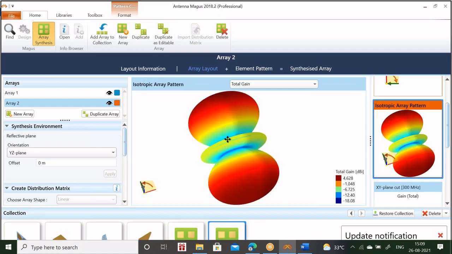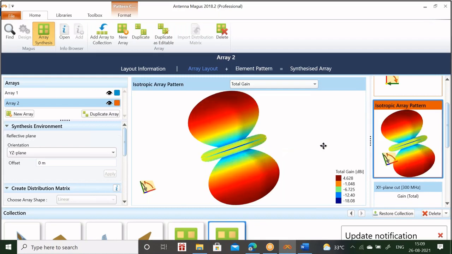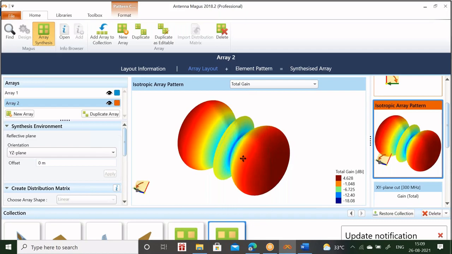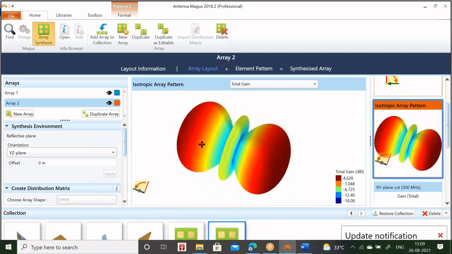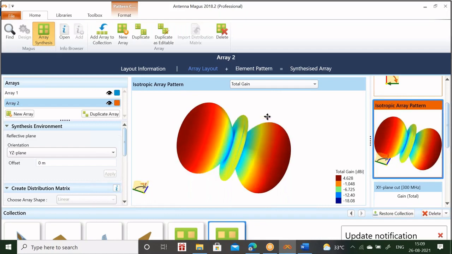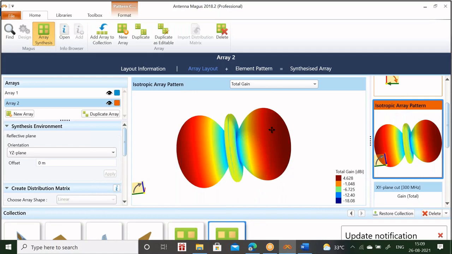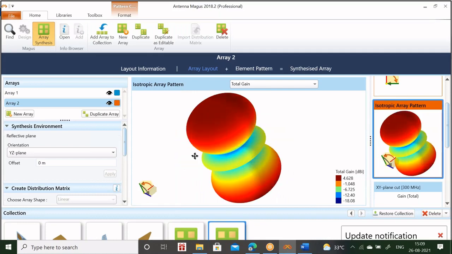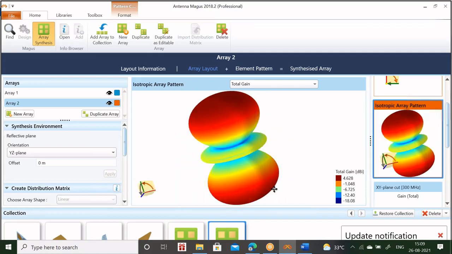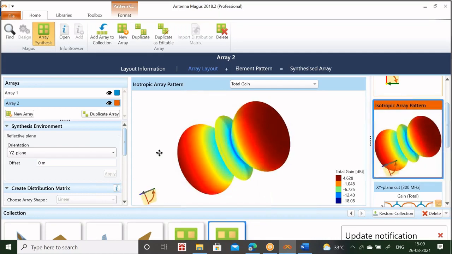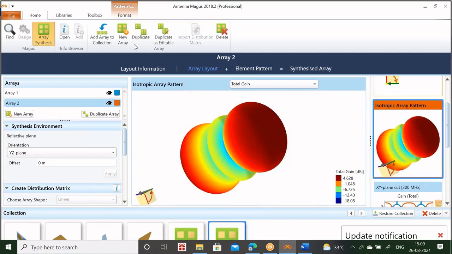Yeah, this is yz. Visual representation is very, very good in antenna matters. Visual presentation. You can tilt, you can round, and you can see which direction is having maximum radiation. Which side it is having gain. So all those things you can do analysis. Array also you can do.